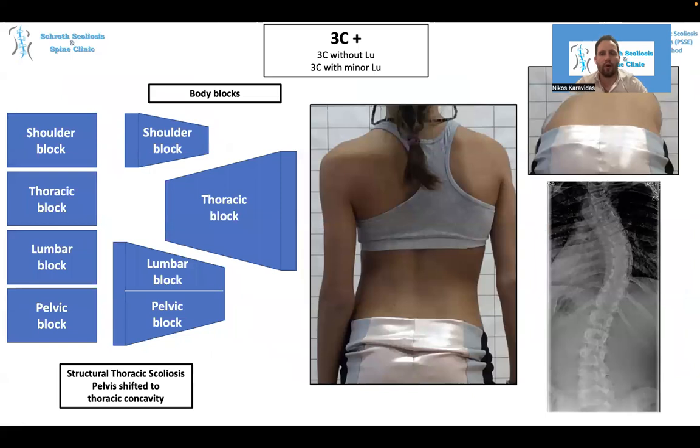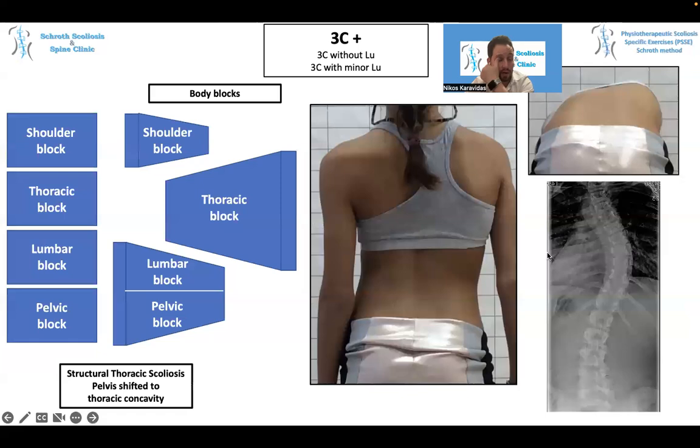Let's now take a look at these images. So we'll take a look at all these 8 types that we have for scoliosis classification. This is the 3C plus, so structural thoracic scoliosis, definitely during the forward bending test, and the pelvis is shifted to the thoracic concavity. So this is 3C, and here is the X-ray of this